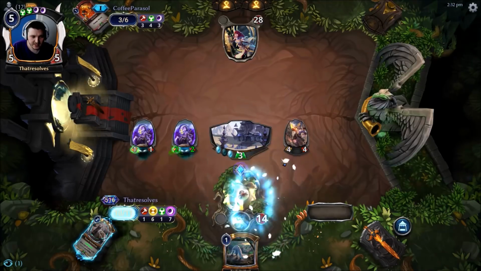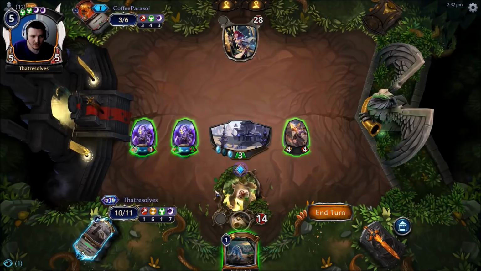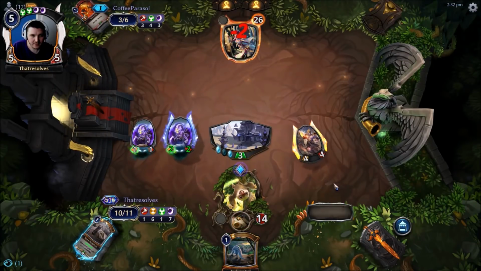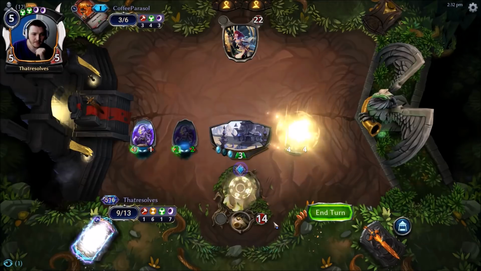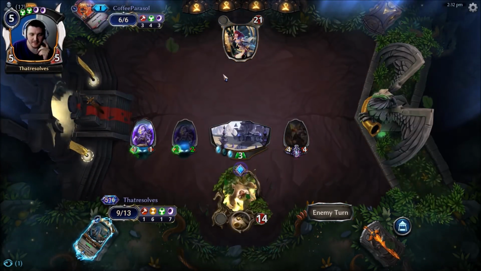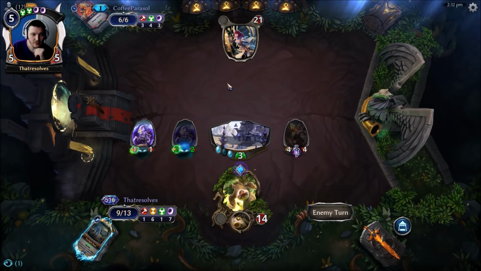I guess we can Crest, see what's going on. Amethyst Waystone, probably not. And then I think I'll just attack with these. I'll pop for 6, and then I suppose we'll just use this to draw another card next turn. I don't want to give this one killer because if our opponent draws the +4/+2, I just want to chump it. I'm not sure if our opponent's got a...